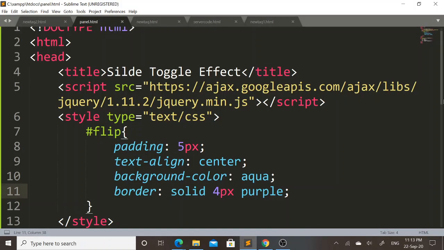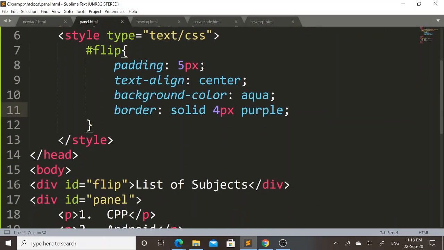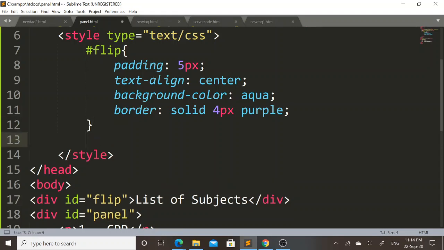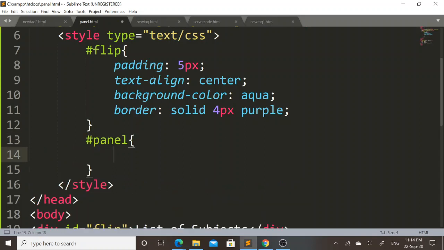Then I will apply CSS property to the panel ID selector. For that purpose, here I will mention #panel. Padding property is 50px.